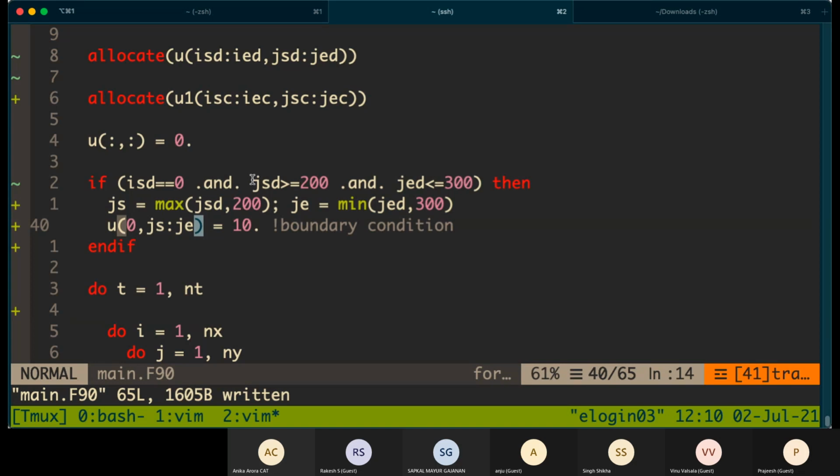This condition will be satisfied at that time, because JSD is greater than or equal to 200, and JED is less than or equal to 300. So this if statement will work, and if I come here and put 200 to 300, the processor does not have 200 to 300 there. It only has 200 to 210.